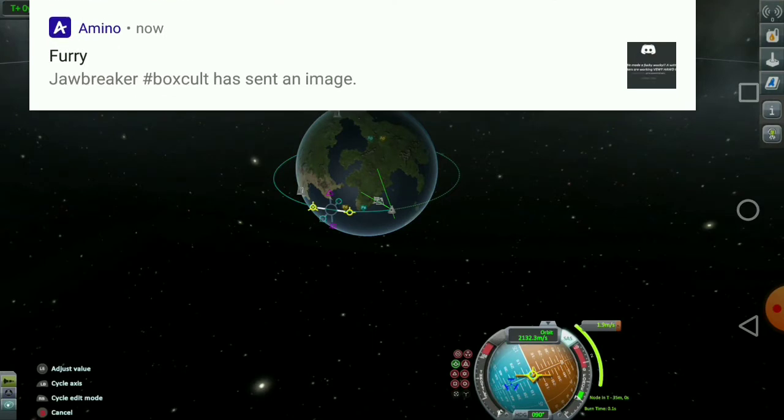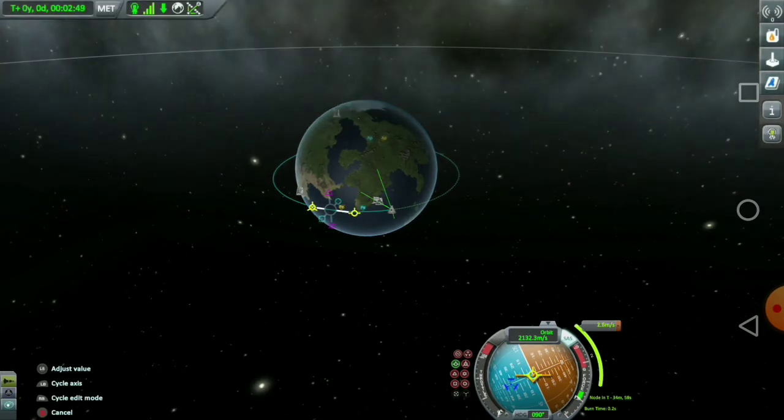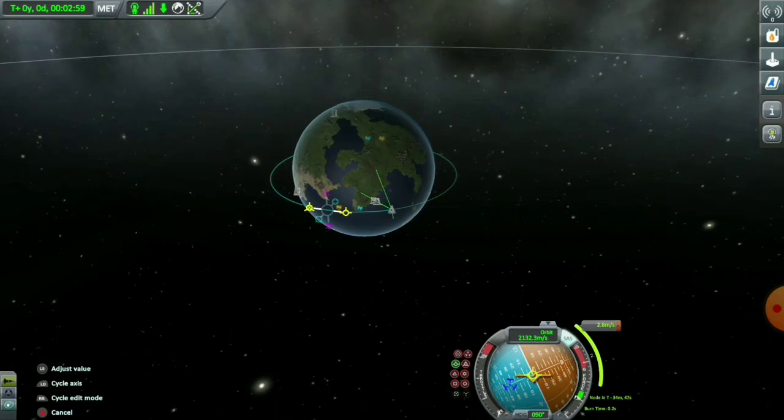Use your left joystick. Shoot. Sorry about that. Use your left joystick to push. If you push your left joystick upwards, you can push prograde, which will make your apoapse go upwards and